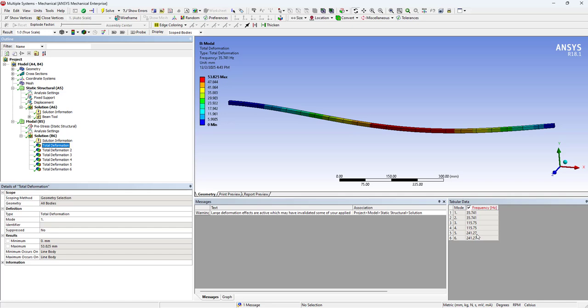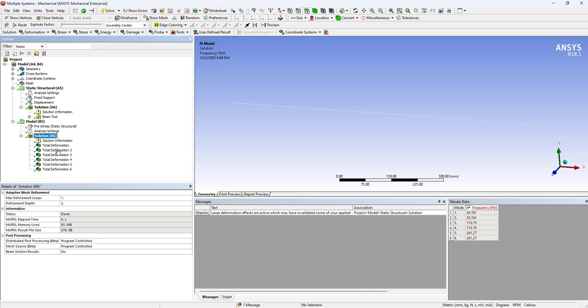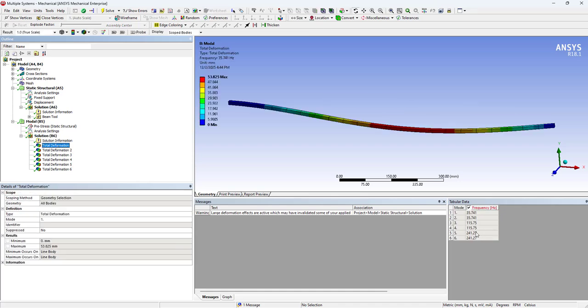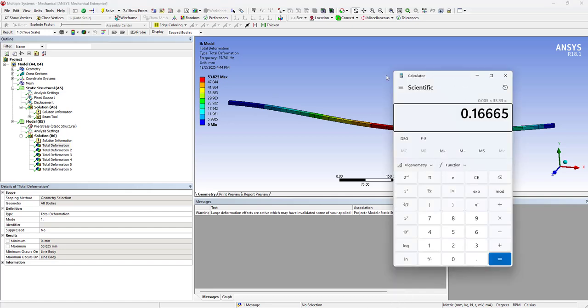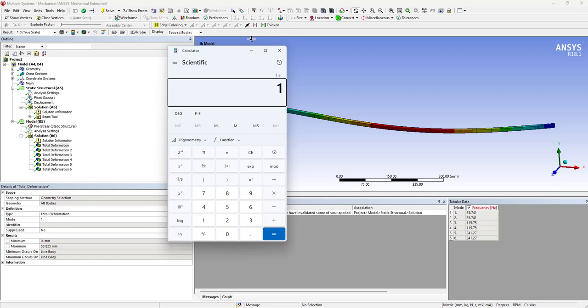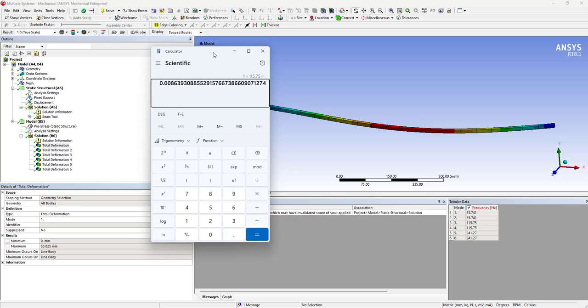So let's say that the beam will fluctuate with a frequency of between 35 and 115 hertz because we are applying the complex displacement. So let's take 115 hertz as the upper limit, and we want to find the minimum time step. The minimum time step should be 1 divided by 115.75 hertz. So in this time period, 0.0086 seconds, the beam will complete its one fluctuation, and I must divide